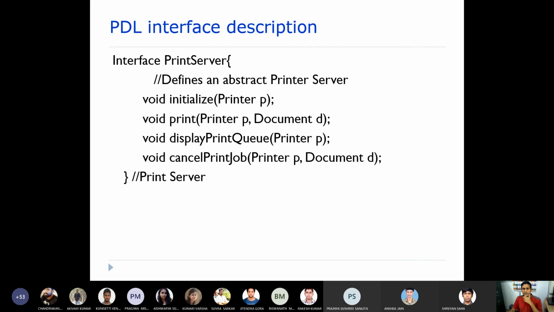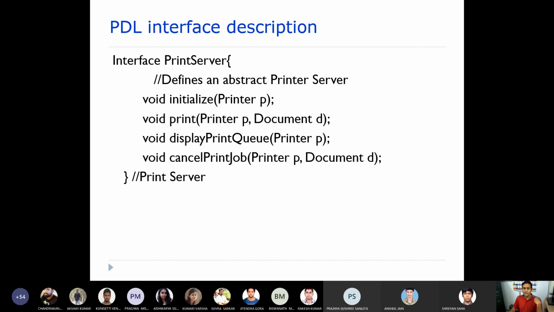Once the printing activity is carried out, the job is given to a queue for a particular printer. From that queue, the printer will take out the job and print it. In the meantime, if you want to cancel a print job, you can use this sort of function, with printer P and the document whose printing you want to cancel.